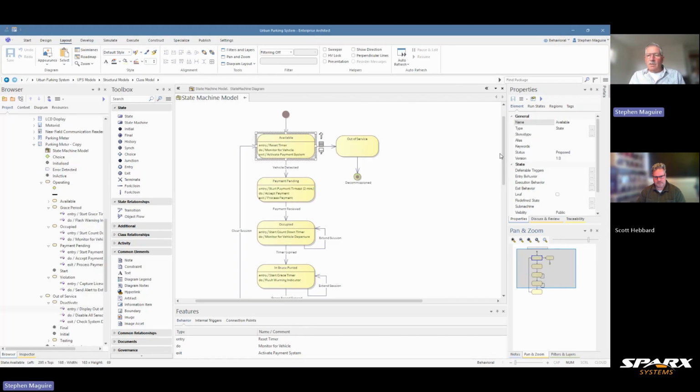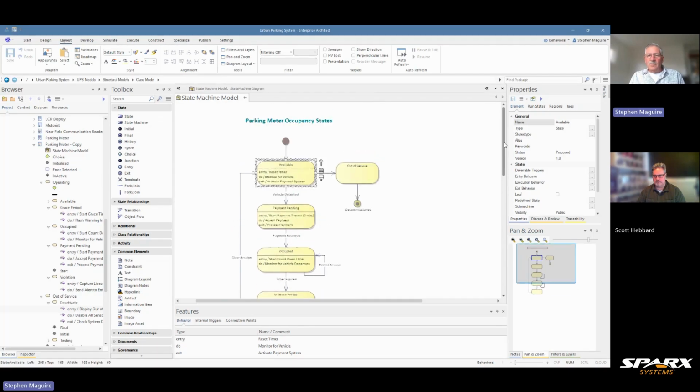So the important take-home message from this, Scott, is to always remember that the state machine applies to a particular classifier. In our case, it's a class parking meter, and we have to have the notion of what we're looking at, what aspect of this parking meter we're looking at. We're not looking at maintenance of it necessarily. We're looking at occupancy states. So that's it for this video, Scott, and I hope people have enjoyed this and learned something about how to model these actions inside the